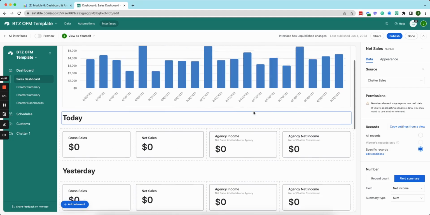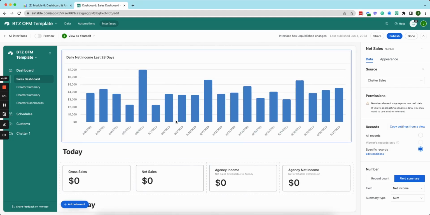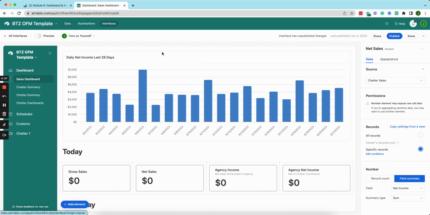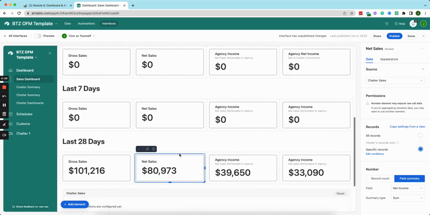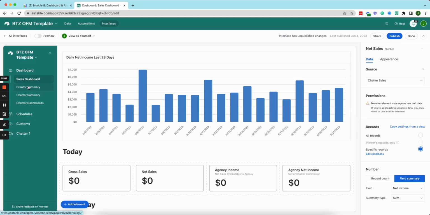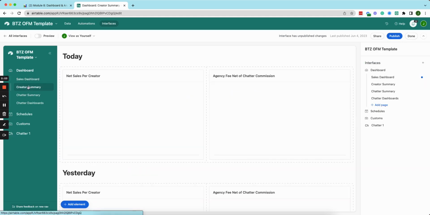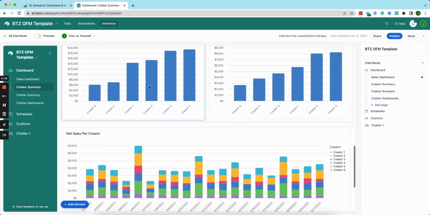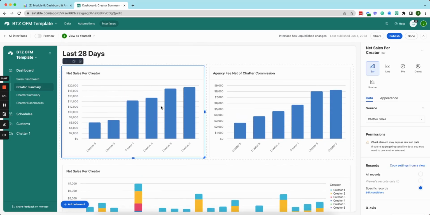So there's, like I say, looking up data from here where we've just been working, and it's then just presenting it in an easy to use manner. And then look at creator summary. So again, there's no data for today or yesterday, but if we go down to last 28 days, this is